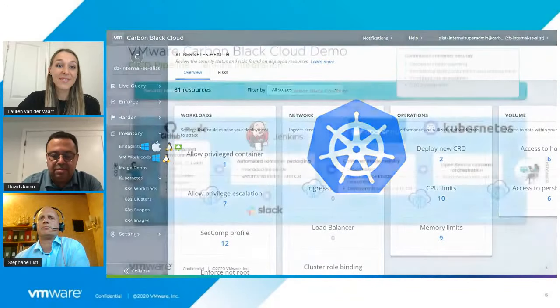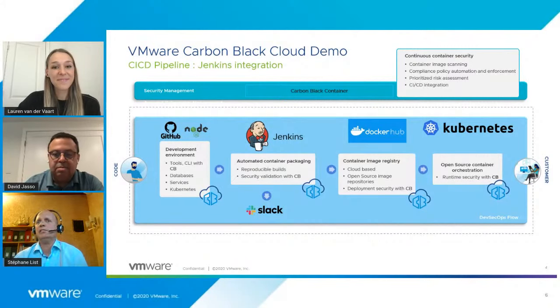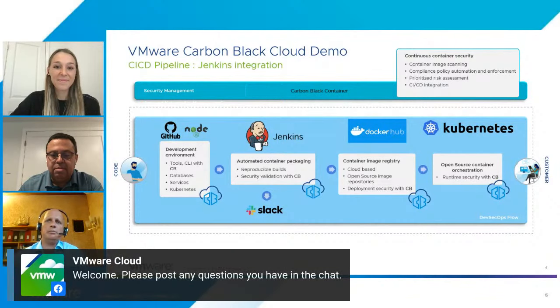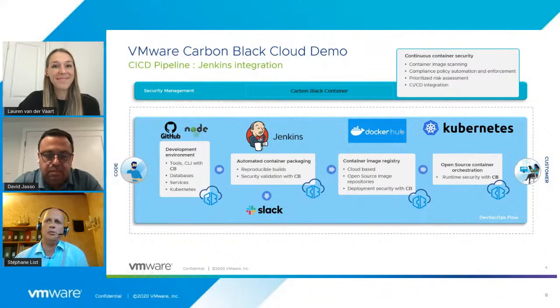And for this, we will see the development environment with an entire CI/CD pipeline. The development environment will scan the vulnerability and validate image. We will use a Jenkins pipeline. Jenkins is a popular CI/CD open source software. And with Jenkins, we will push an image in a container image registry, which is Docker Hub. And this is only an example. We could use Harbor also. And finally, we will deploy the image to a Kubernetes in production.